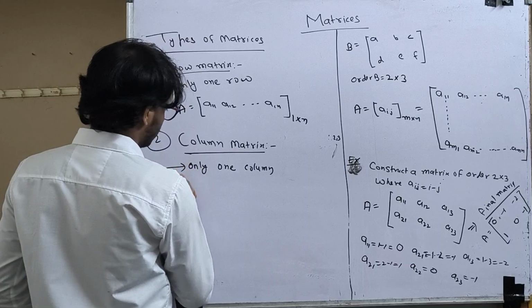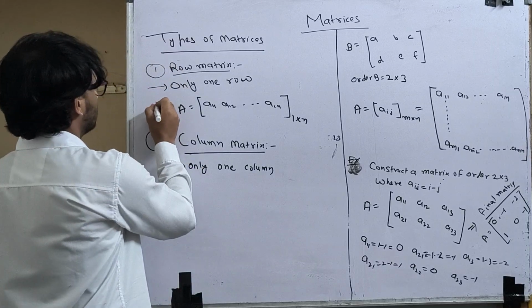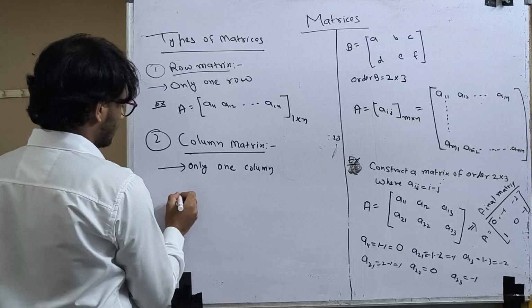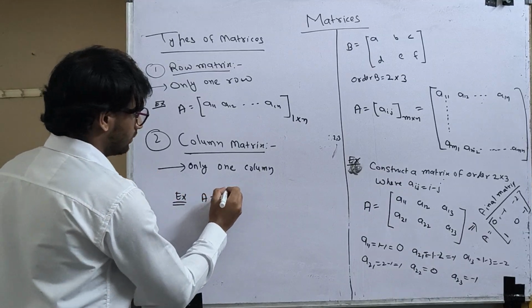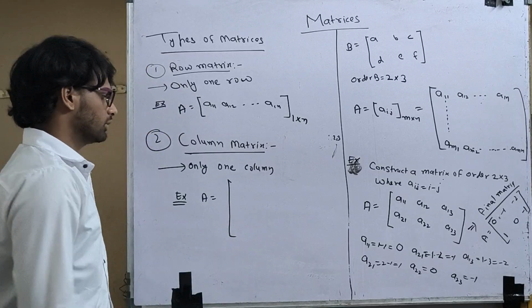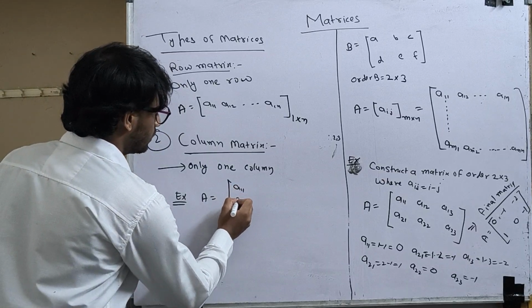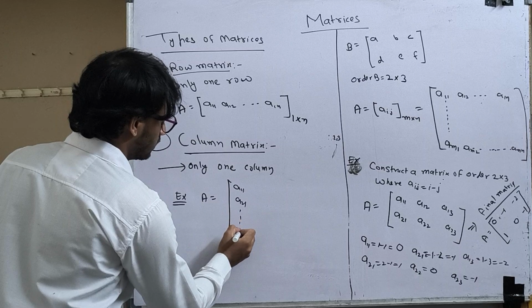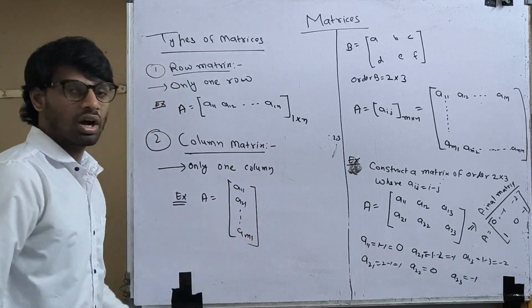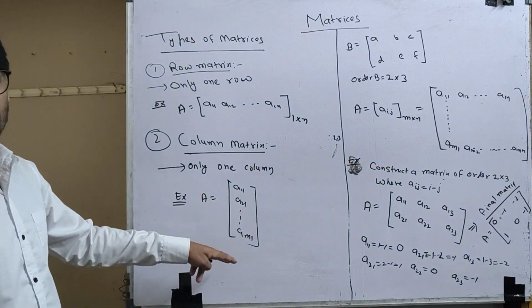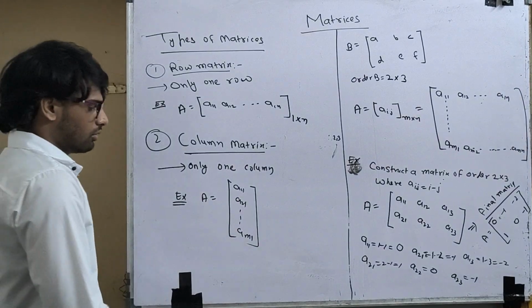For example, this is my A matrix: a11, a21, up to am1. How many columns are in this matrix? One column, and how many rows? m rows. So the order is